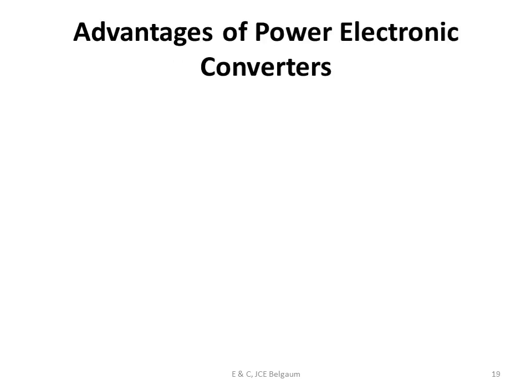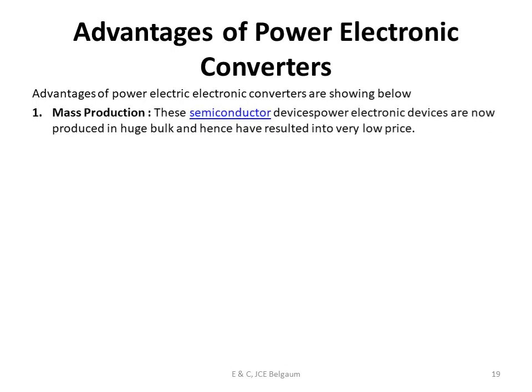Now let us look at what are the advantages of electronic converters. So we just discussed the peripheral effects, and we know the main reason is the harmonics. Okay, and we have seen the various effects and how it can be eliminated by putting a filter at the input and at the output of the circuit. Next is advantages of power electronic converters. So the advantage is mass production.